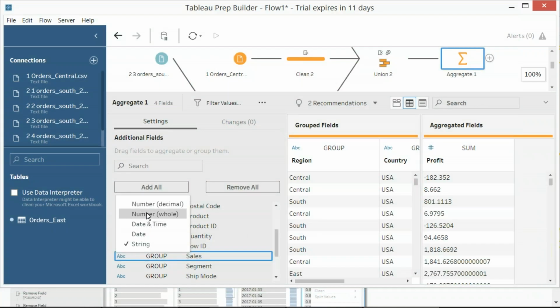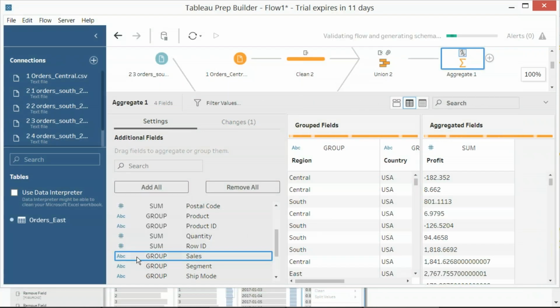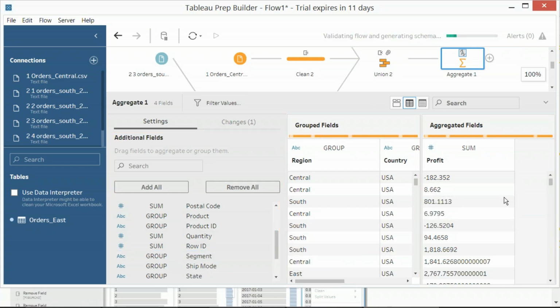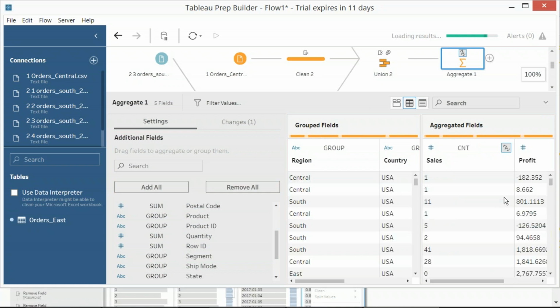Make it whole number or decimal. Means you are changing the data type. Once you change the data type, then you add it as an aggregation. We say sum of sales, right? Yes, here it is. Make it as a summary value. So change the data type.